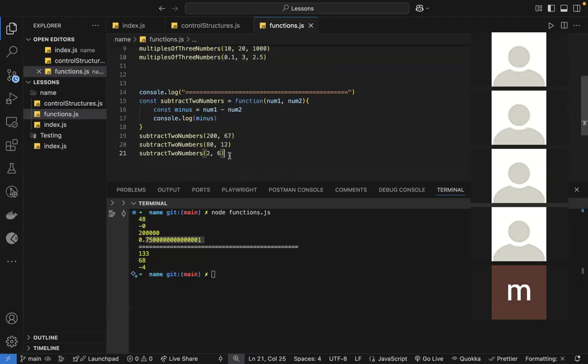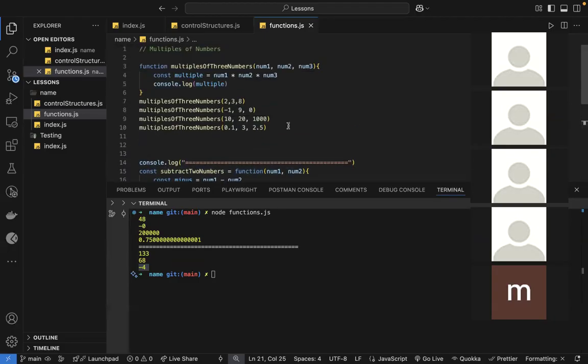Now, for the subtract two numbers function, we also have these three different values, and we have the result here, right? So the first one is 133, the second one 68, and then the last one is -4, sorry. So you can see how you can basically create a function and be able to reuse it,